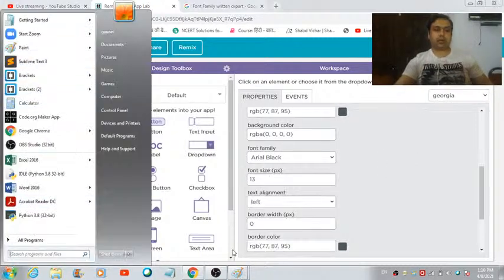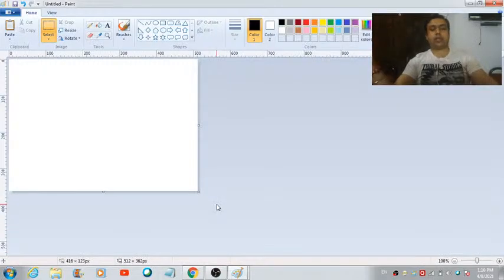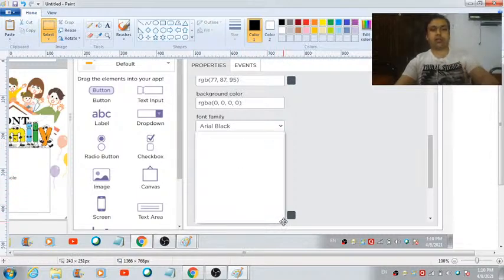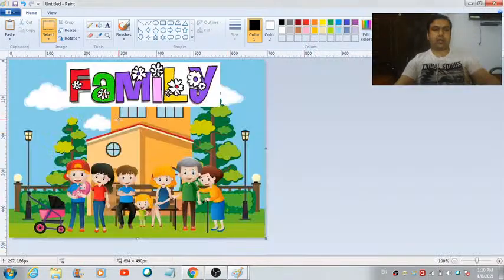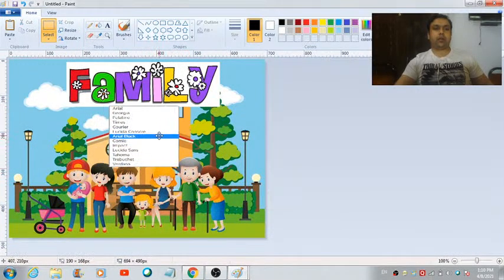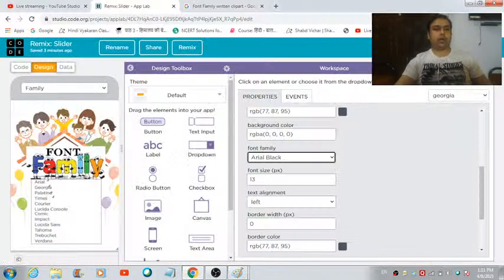Then you can paste that snapshot using Ctrl and V together over here. After that, you can cut this whole rectangular shaped thing where all the options are getting reflected and paste it over here like this. So that's how you can create a beautiful font family screen image, which you can use for giving a better look to this family named screen, right? So that's how I've